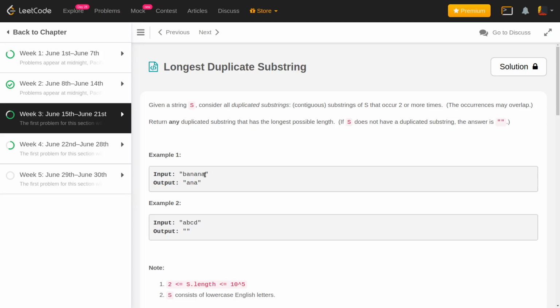So the problem statement might look very easy, but the actual implementation of this particular problem is not so trivial, because one of the main reasons is that the amount of information that you need to know in order to implement the solution for this is actually a lot. And not just that, you also have to apply a lot of hacks, because the workaround for this problem goes through hashing. And whenever you have to deal with concepts like hashing, you have to apply a lot of hacks in order to get the solution accepted. So we'll see what we need to know in order to solve this particular problem, and let's just jump